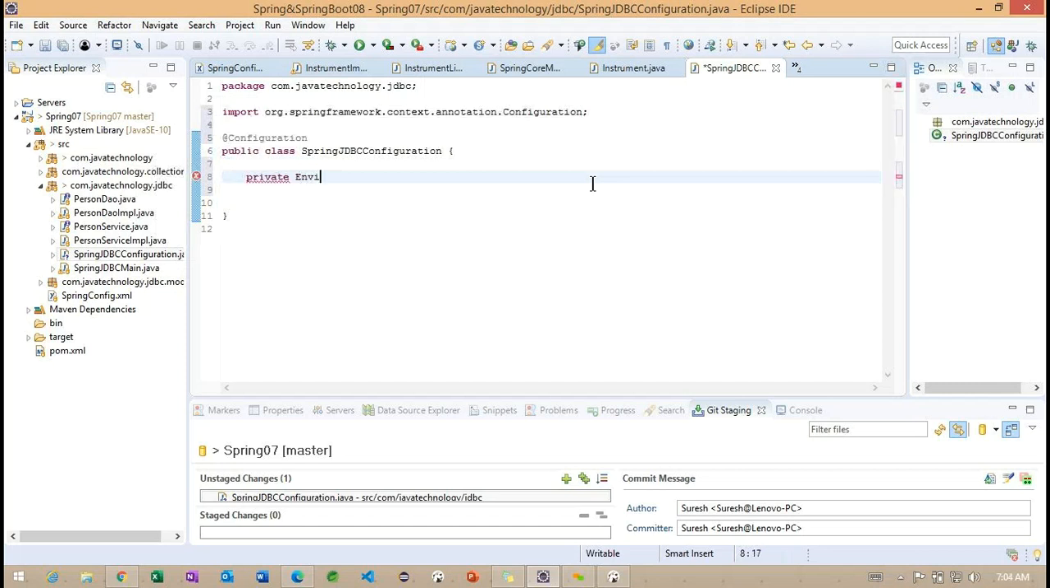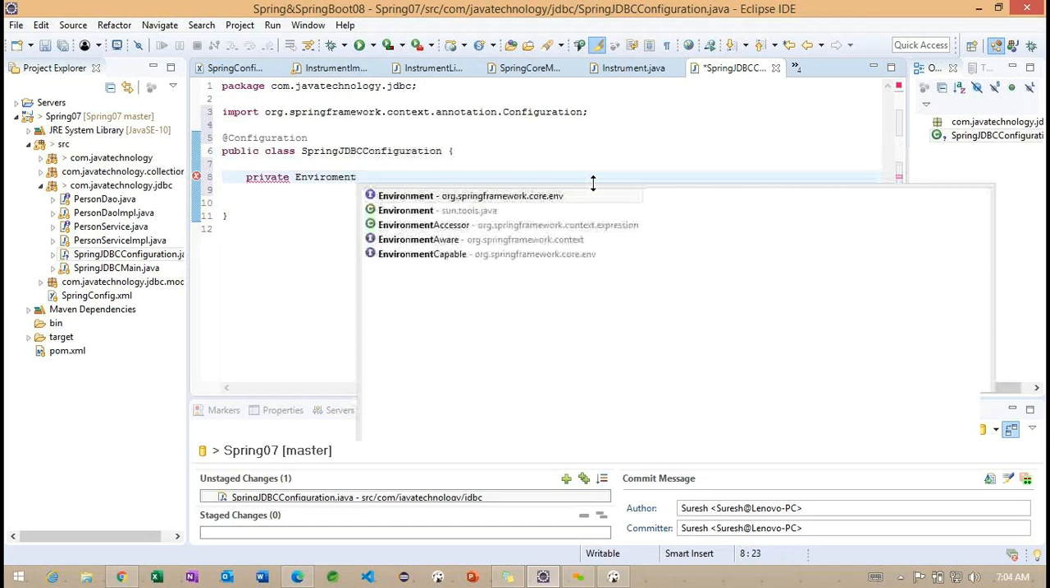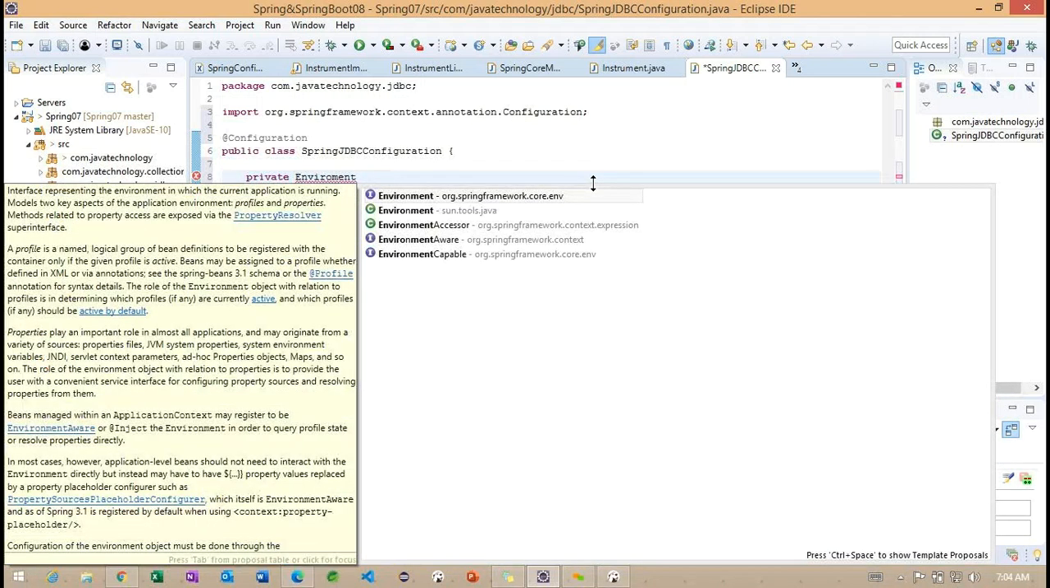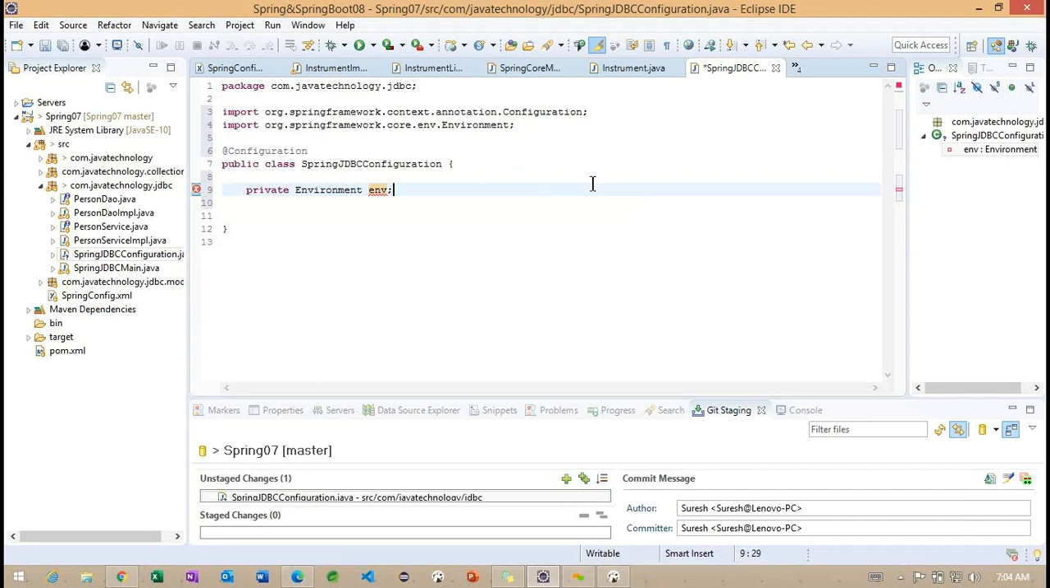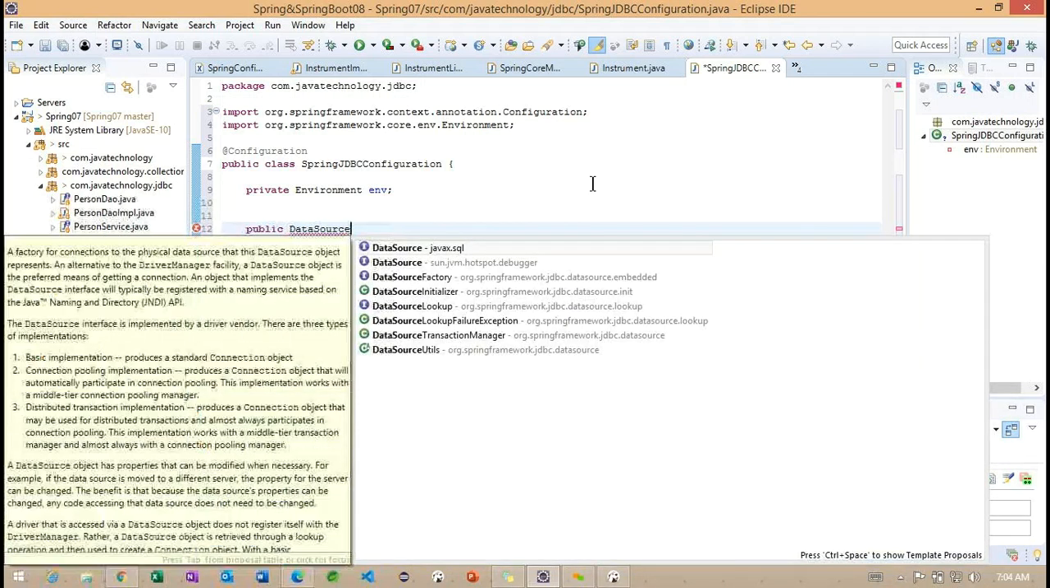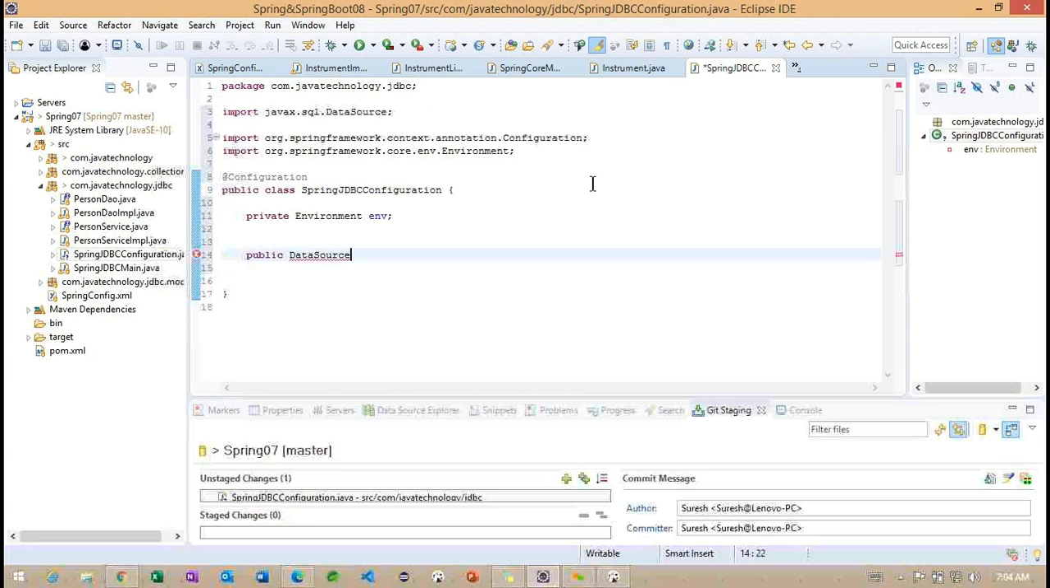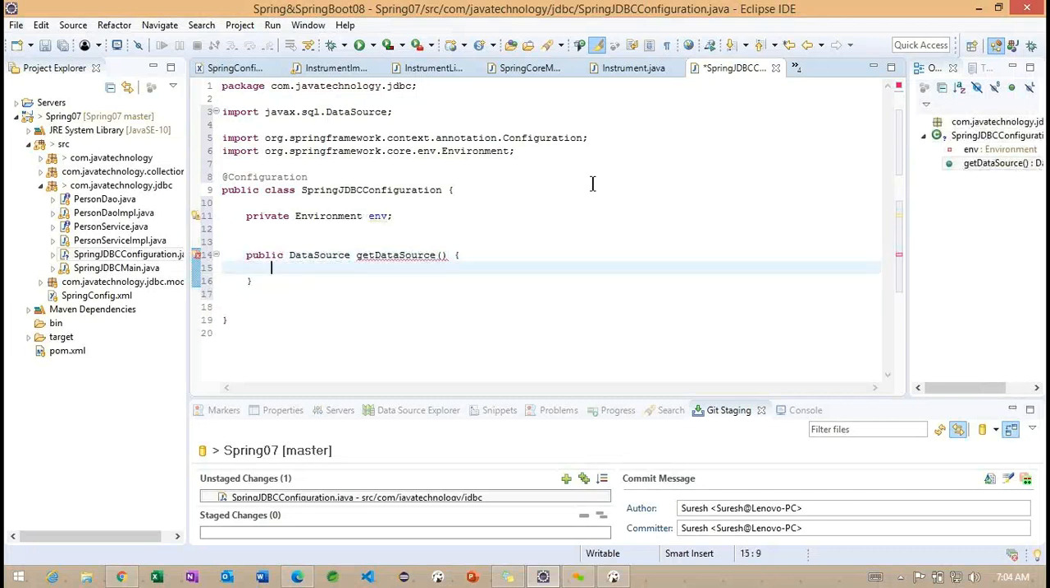Okay, observe here. We have one environment. This is the one environment here. And now, public DataSource. So this is the javax.sql DataSource, and getDataSource. We'll work on the data source method. And yesterday